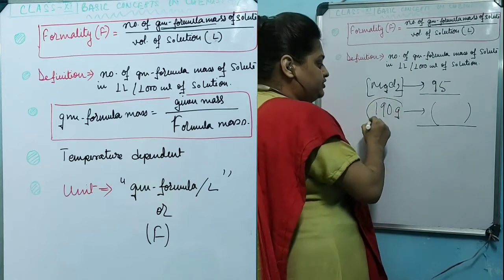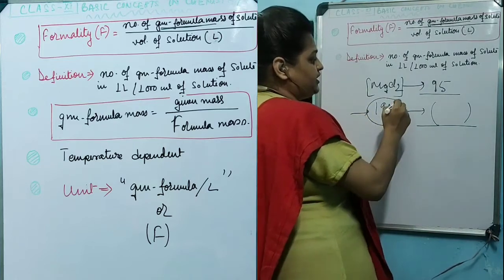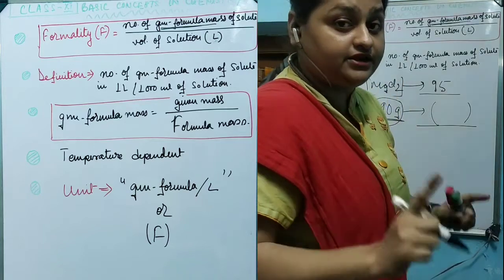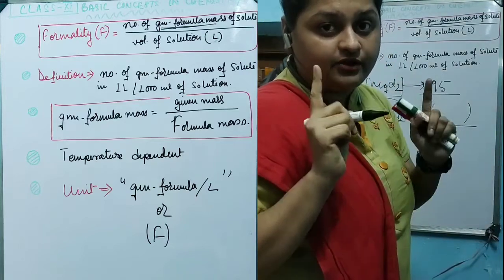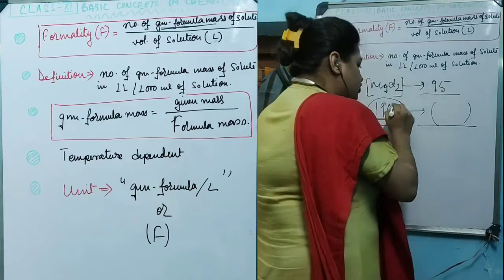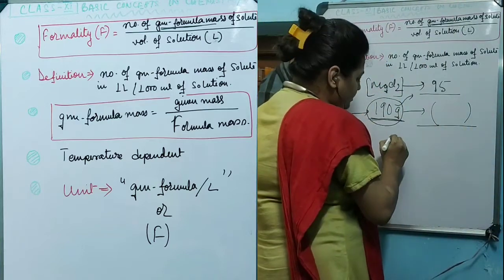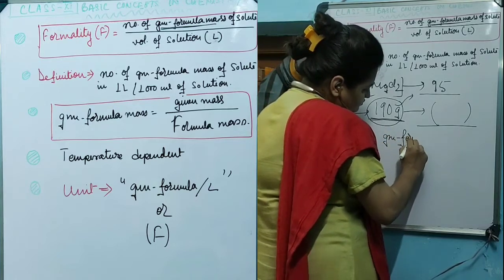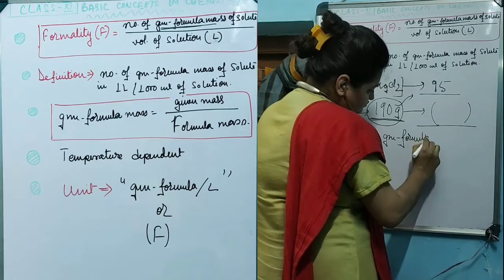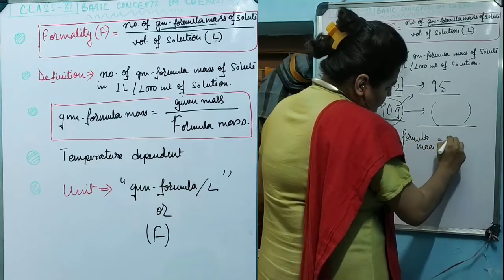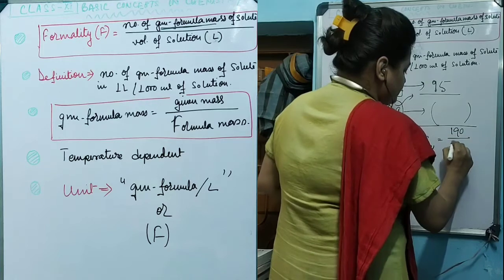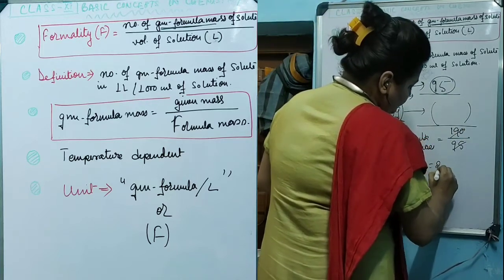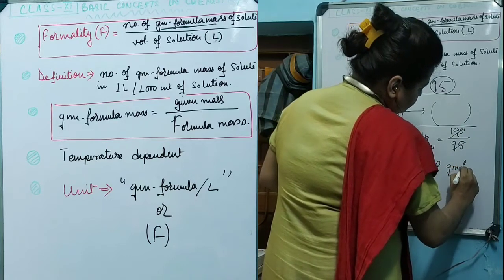The given mass of the magnesium chloride that you have taken is 190. To convert this into gram formula mass, you have to divide this given mass by the formula mass, and you will find 2 gram